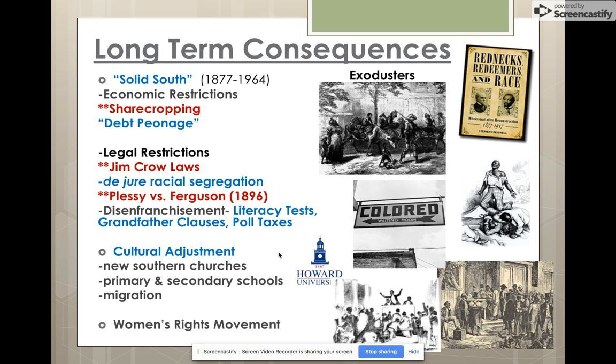And also you see a growing women's rights movement. So now that the war is over itself, as a result in the South, there's so many more women, because so many men in the South had died as a result of the war, that a lot of women are becoming employed, working in the growing industrial areas of the South. And so as a result, you see a growing women's rights movement because they're doing so much as a result of all the death from the war itself. And we already talked about how that the women's rights movement and the abolitionist movement went hand in hand. So women said, great, we've got slaves their freedom, now, what about rights for women, which we'll see become